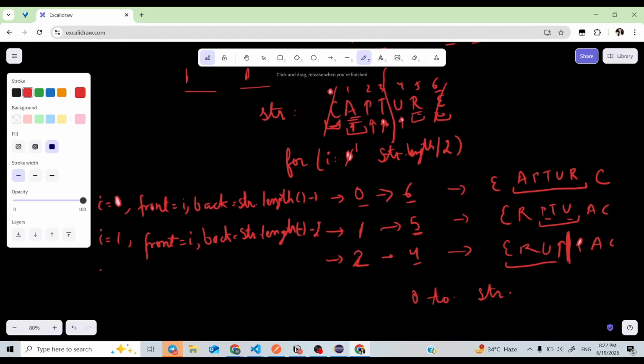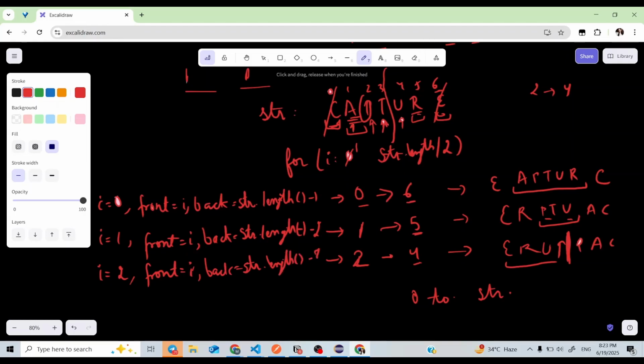And at the i equals 2 iteration, when my i is equal to 2, my front will be i only, that is 2, that is this P. I have to swap it with the fourth index value, that is this U. So I have to swap this i with back, which will be string dot length minus 3.